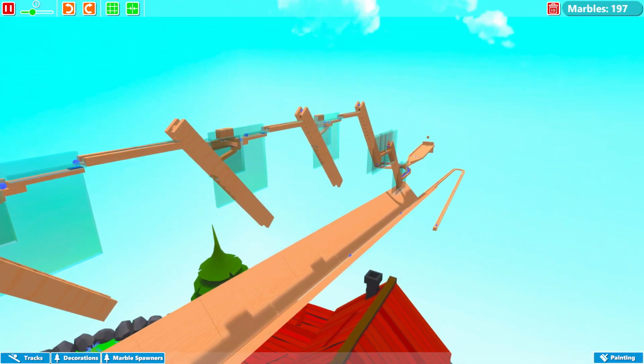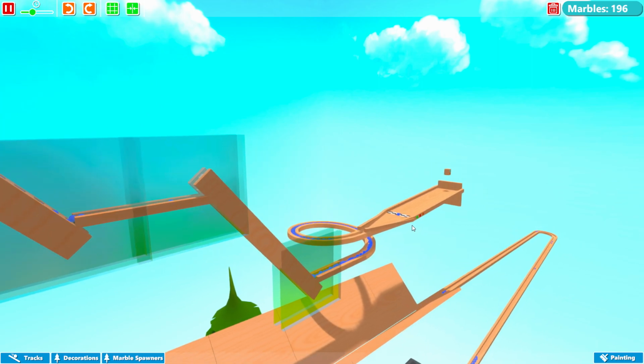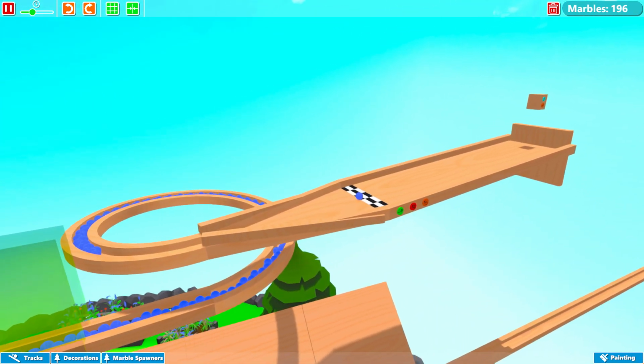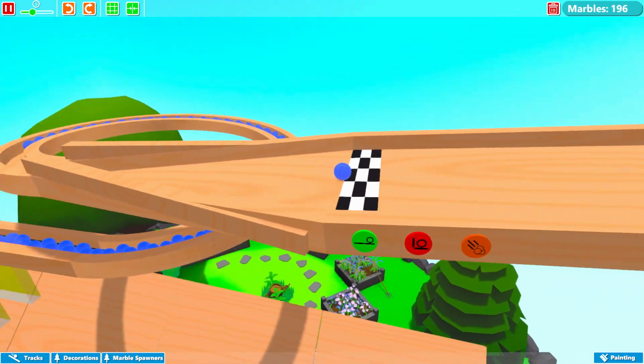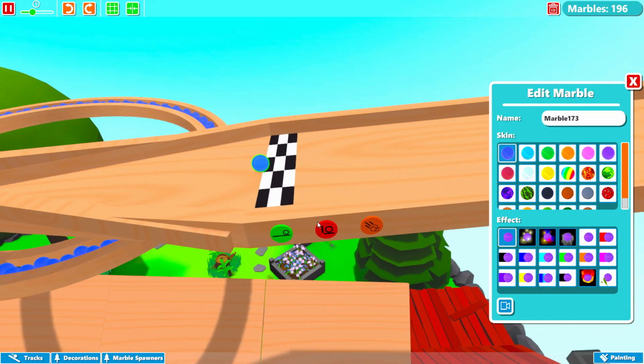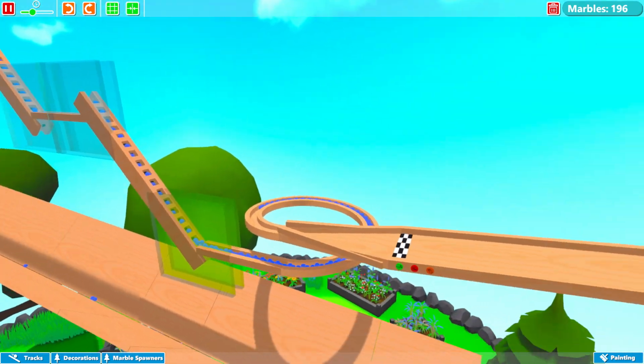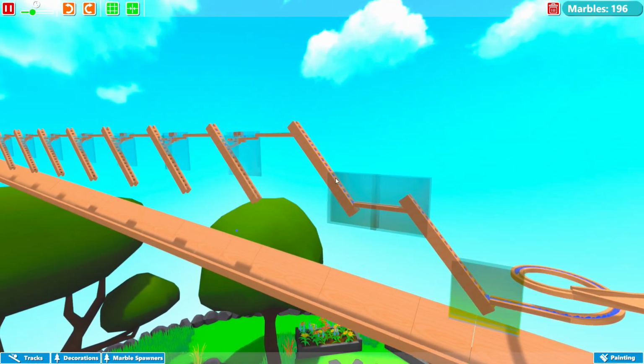And when the whole system is done, when all the marbles have been counted and this entire start area is empty. Is there a marble? How the heck? Would you look at that? There's a marble stuck on the start line. How does that happen? Oh, there we go. Perfect. But anyway, when this whole system is empty, all the marbles should be counted, and we should be able